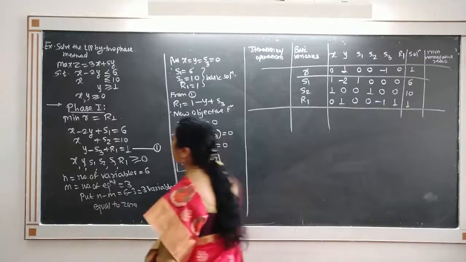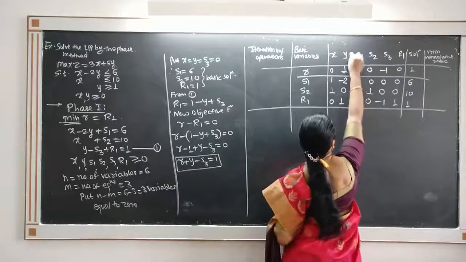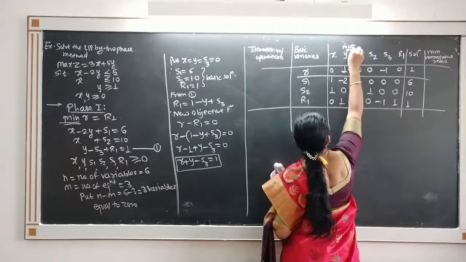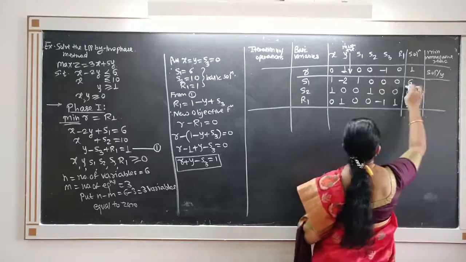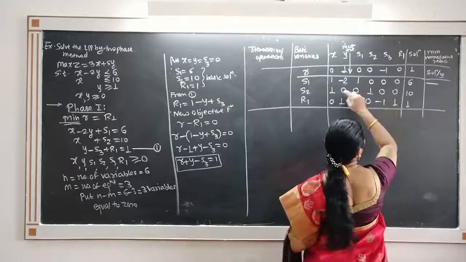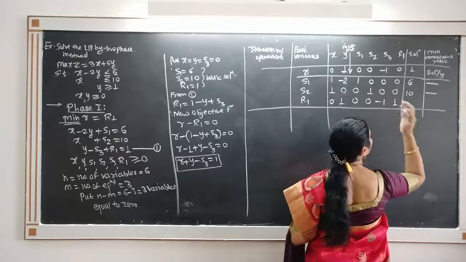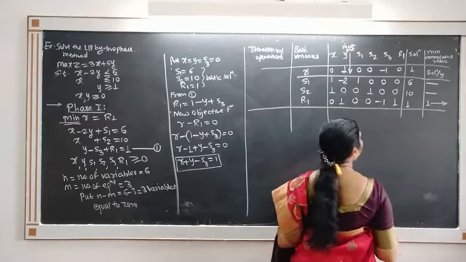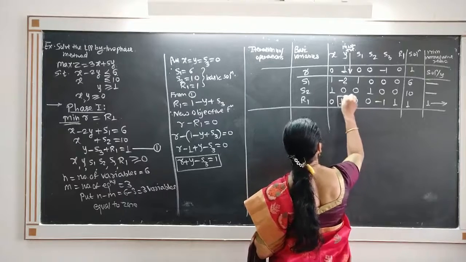Now see, because our problem is minimum, we want most positive and most positive is 1. So we have this as pivot column. This is most positive. So start with solution upon y, that is pivot column. 6 upon minus 2. So we don't take this ratio because it is negative. We also don't take this ratio because it is infinity, 10 by something. We want minimum non-negative. So we have 1 upon 1, that is 1. Minimum is 1. And therefore R1 leaves and Y enters. The pivot element comes to be 1.